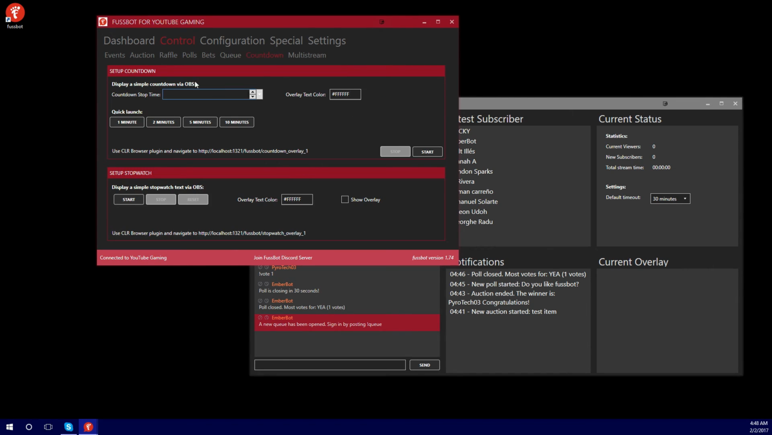Next section on our control is the countdown. You can run a countdown or a stopwatch. You can count down specific date times if you want and everything. Get it right down to it. You also have a quick launch for 1, 2, 5, 10 minutes. And then stopwatch,